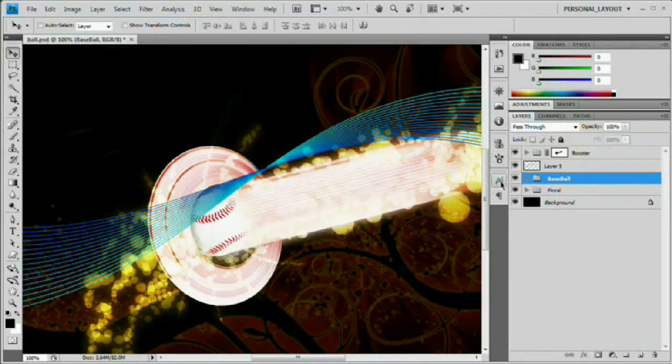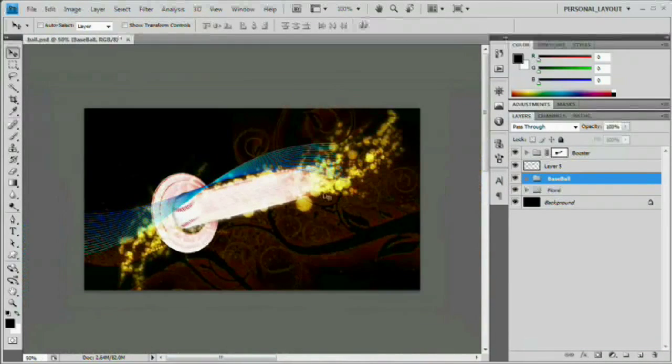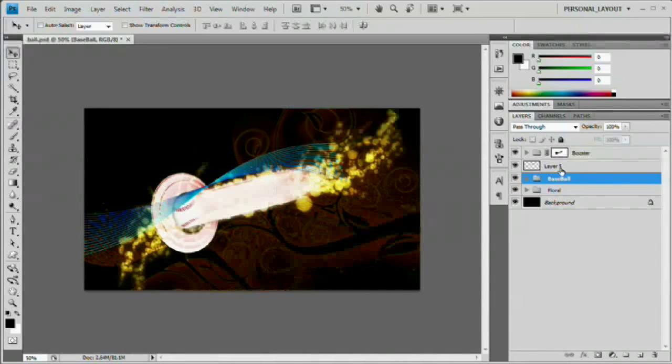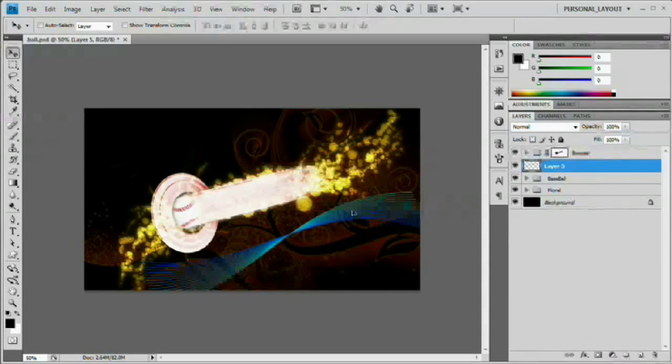Alright, and basically what I'm going to do is zoom out and just slide this guy down here. Oh, not that guy, wrong layer, or wrong layer group. We're going to select layer 5 here and drag him right down here. Alright, very nice. Now, something we may want to do is blur this a little bit, but before we blur